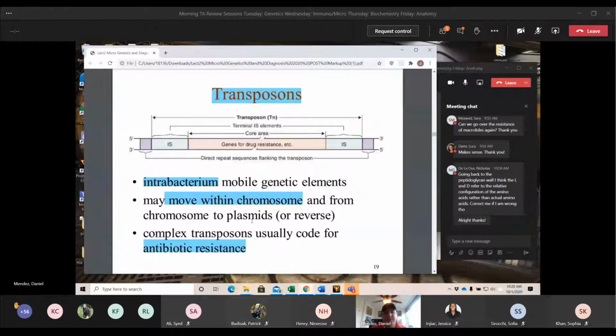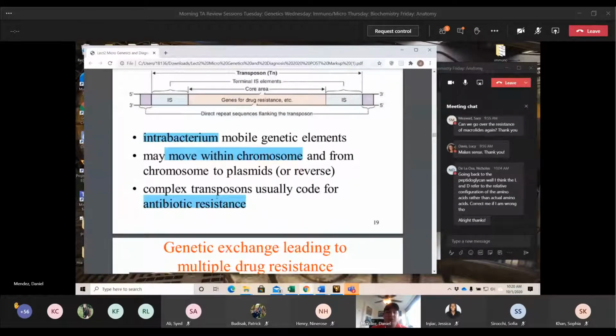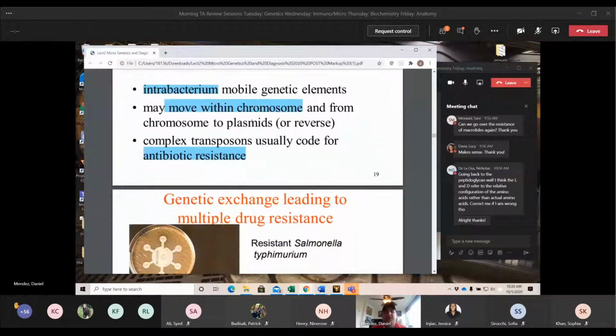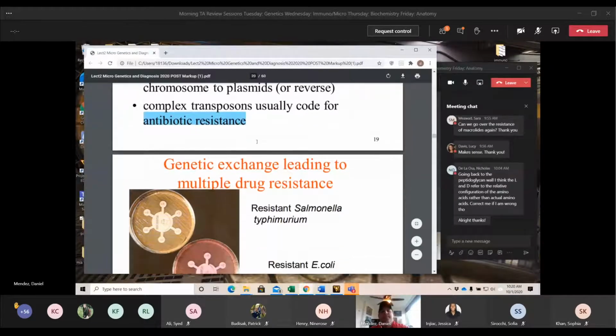So with the antibiotic resistance, if it goes from the plasmid to the chromosome, then it can encode an efflux pump and create higher affinity in that efflux pump for the antibiotic, or eliminate any sort of entry or uptake, anything like that. So this is what the transposons actually do.